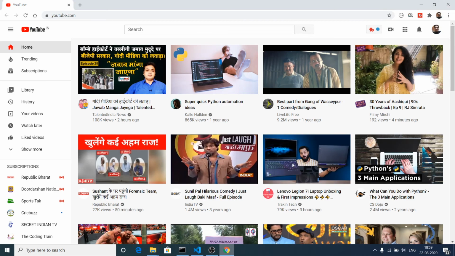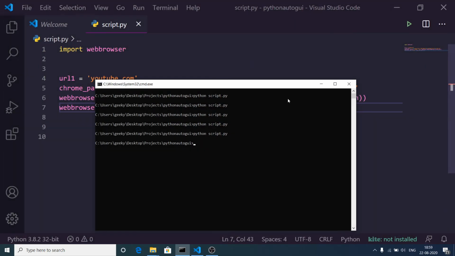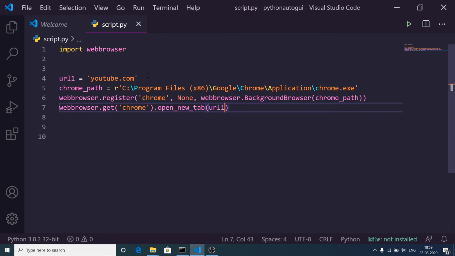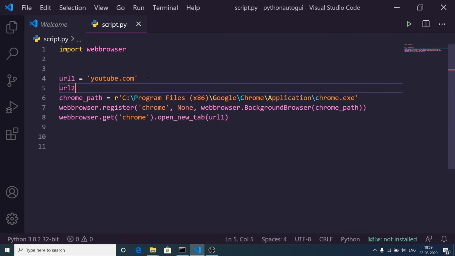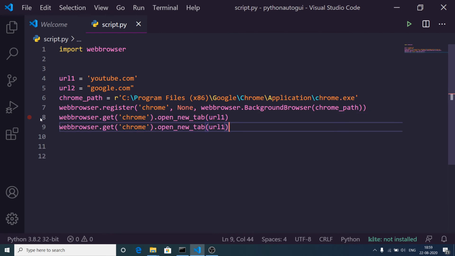Let's suppose I close this browser and I want to open two URLs. I can just make a url2 variable, and this time I can pass, let's suppose, google.com. So in the first tab it will open YouTube, and in the second tab it will open Google.